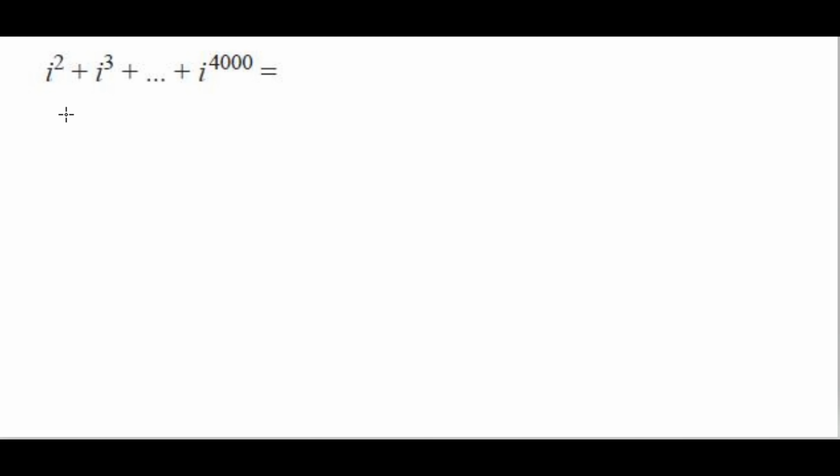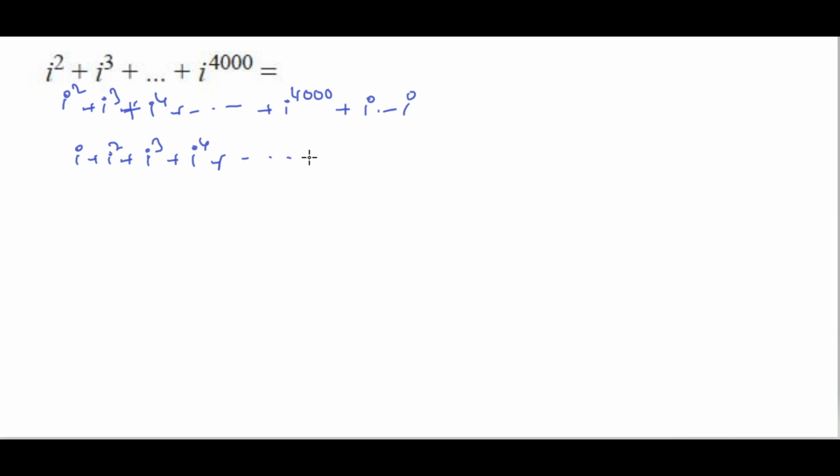Find the value of i square plus i cube plus i power 4 plus up to i to the power of 4000. Here is given i square plus i cube plus i to the power of 4 plus up to i to the power of 4000. Adding i and subtracting i for this equation, that is first term i plus i square plus i cube plus i to the power of 4 plus up to i to the power of 4000